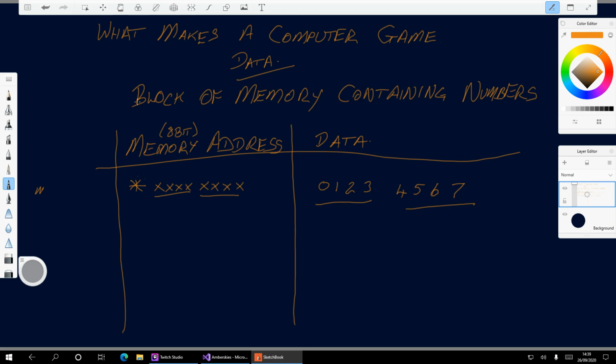So we have the internal, and internally it has to be stored in this fashion with a memory address and a block of data. Memory address, block of data, memory address, block, on and on for however much data you want.